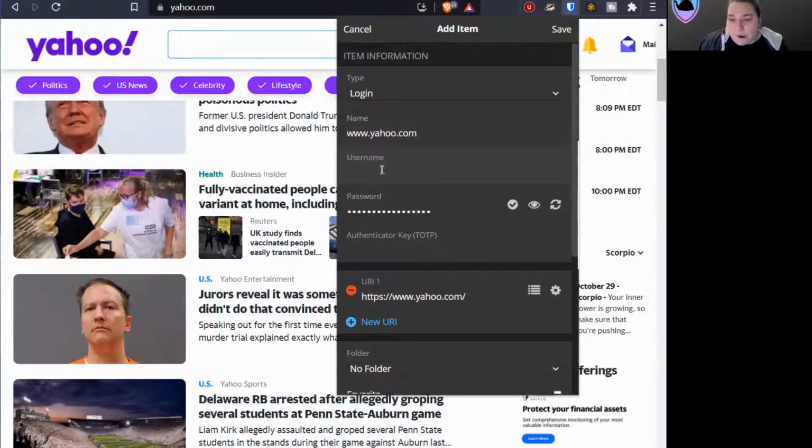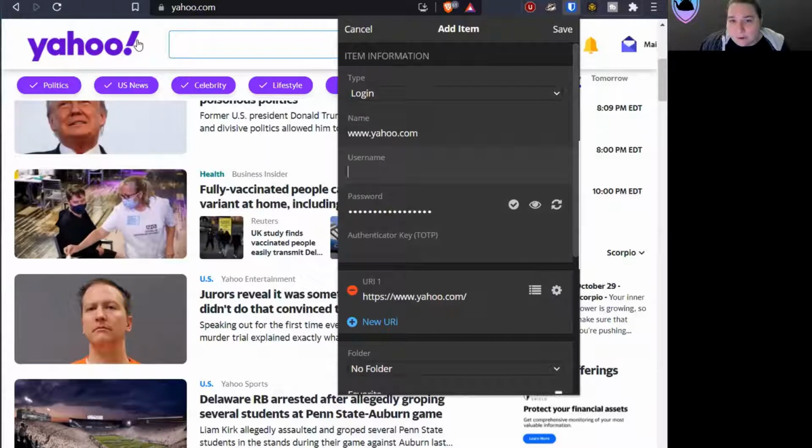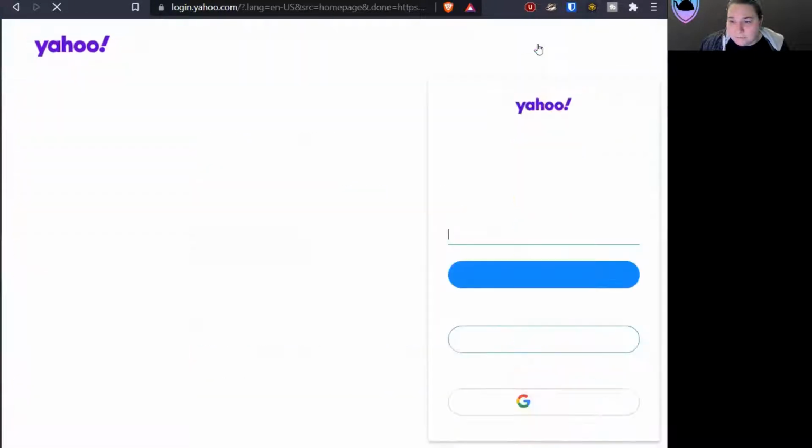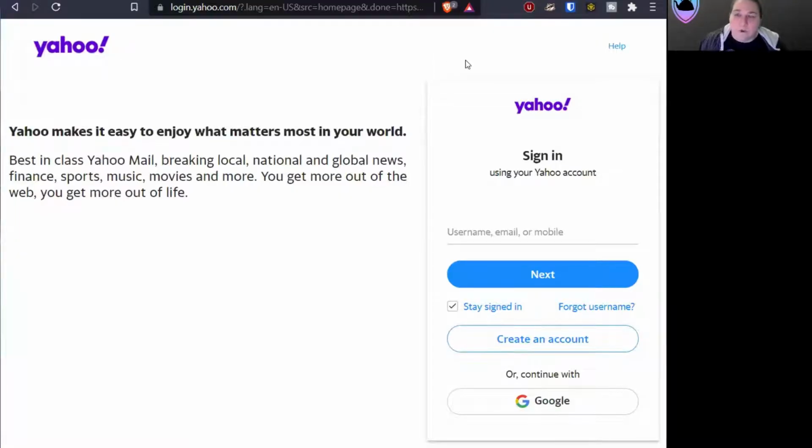Okay, so if we went ahead and added yahoo.com, what would happen is the next time that we would log into yahoo.com and go to sign in, the way that it would work is after we would add yahoo.com to our password manager, we would go and click on our little Bitwarden shield icon. And in order to get this icon up here,